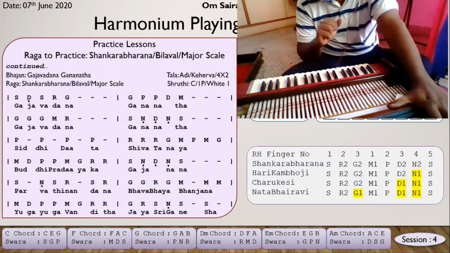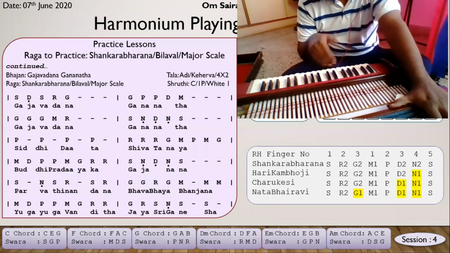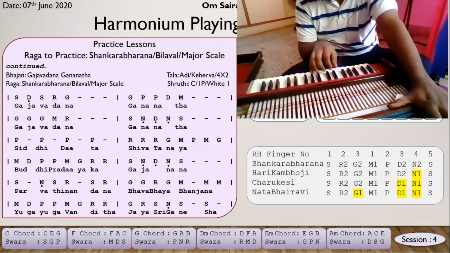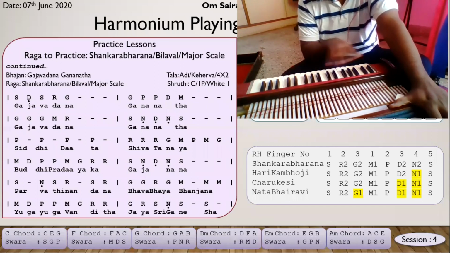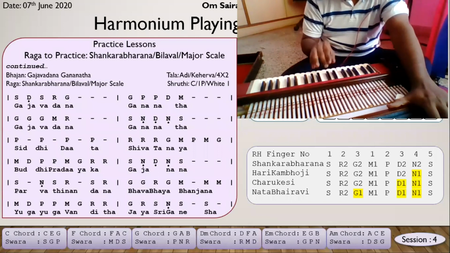G is actually the pitch for gents, and for ladies it is 2P. I've taken 1 so that it's comfortable for both, so you can learn in this. For ladies it might be slightly low, for gents it will be very low of course, but still it is within the octave of the gents' pitch. So please don't play this Shruti in the bhajan. This is only for practice purposes. I'm showing this. Okay, this is not the actual Shruti for gents or ladies.